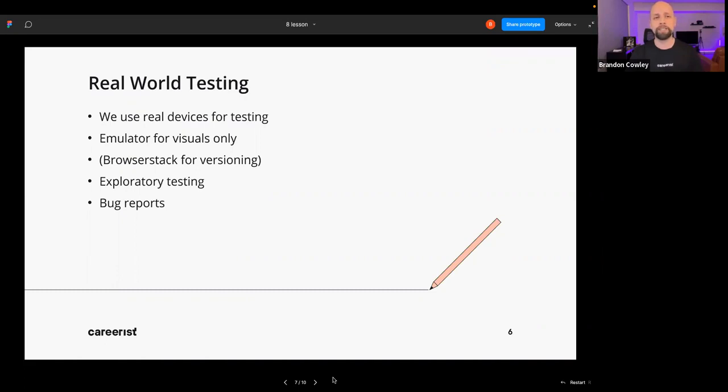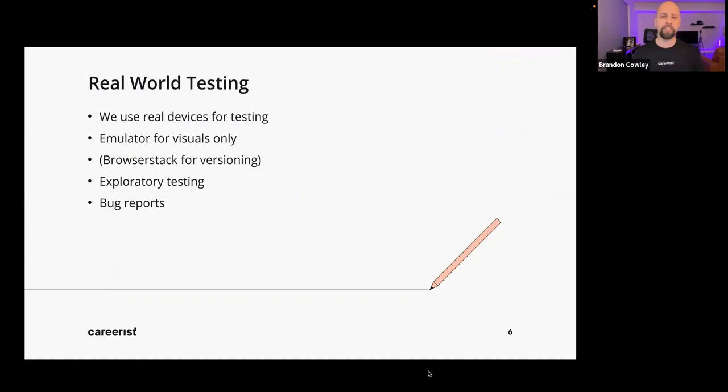But not everybody updates at the correct time, right? We all know those people, maybe we are those people that don't update things when they should. And so you're just chilling on version like 105. And it's like, why? But people do this, and you need to be able to check and make sure that the applications work on these earlier versions. So that is a thing. Just go to BrowserStack and open up a different version of a browser. You can also be on Chrome and test what it would be like on Firefox or Edge or something like that.